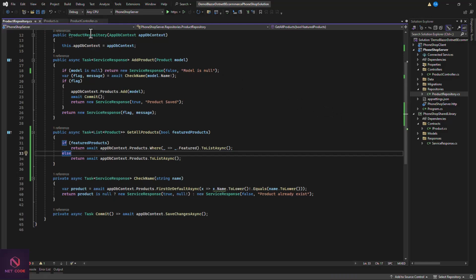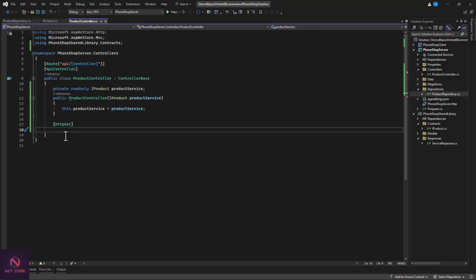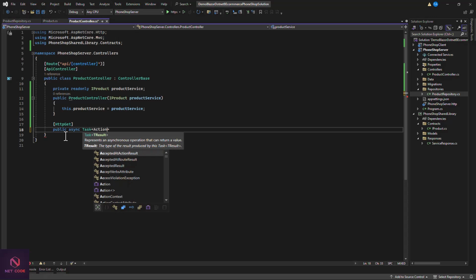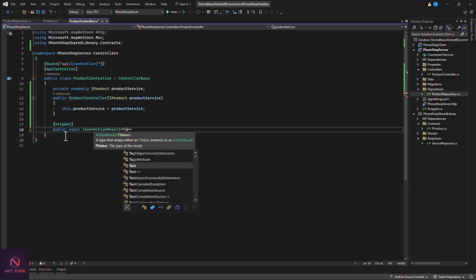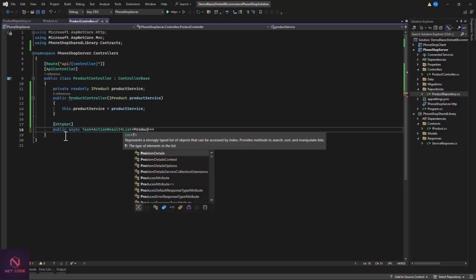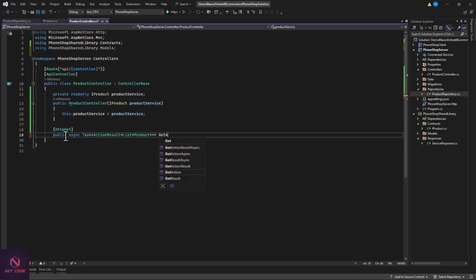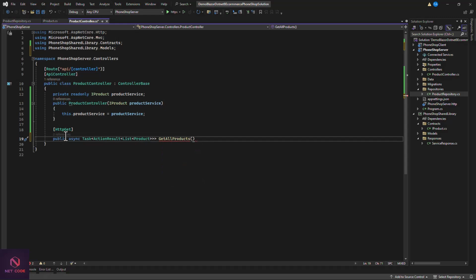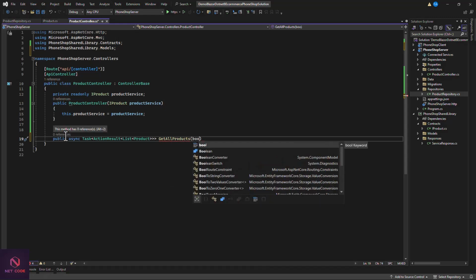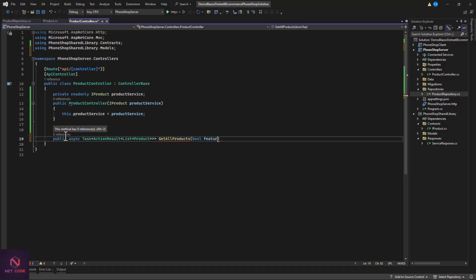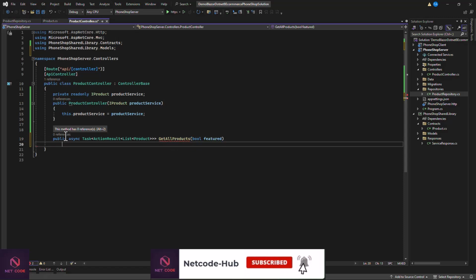Okay, so in the controller, we can have get, and this is going to be a public async task. So we can make it IActionResult, or let's make it specific. Okay, so task, and we say this action result. Let's specify a list of products. So list of product control period, let's include this. Okay, then we say get our product. Now we need to pass in a boolean, we say featured product. So featured. Okay, so with this, we can open this,